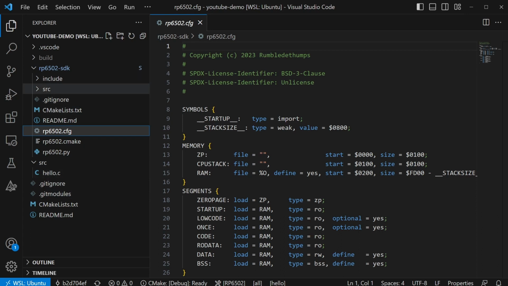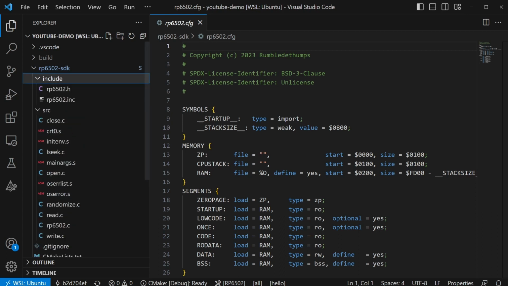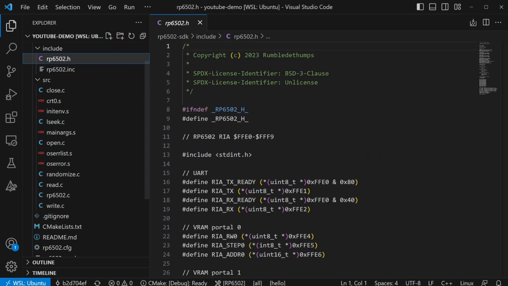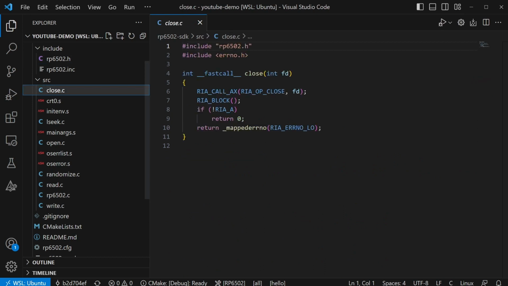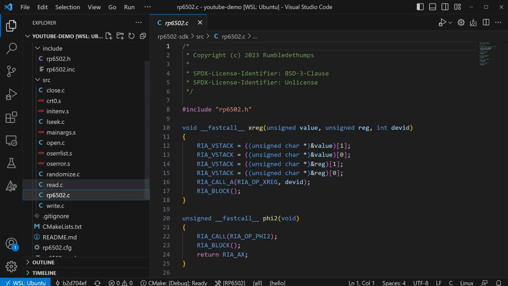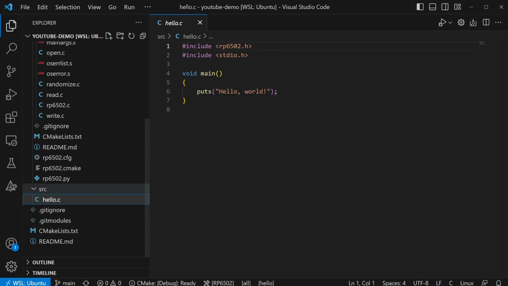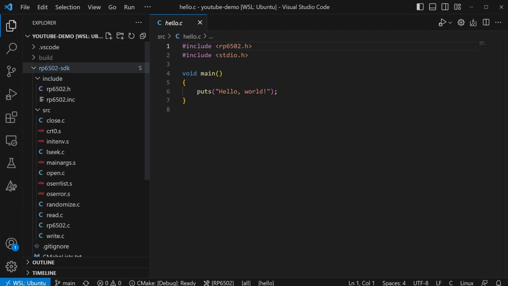Everything else in the SDK is C and assembly files. Some are for the C standard library, and the rest is for kernel calls. Both CC65 and the Pico computer have documentation which can help you navigate these files if you're interested. I'd rather show you what you can do with them instead. So let's write some code that's definitely not pro. I'm going to skip error checking for the sake of keeping this video short and interesting. Don't do that in your real projects.